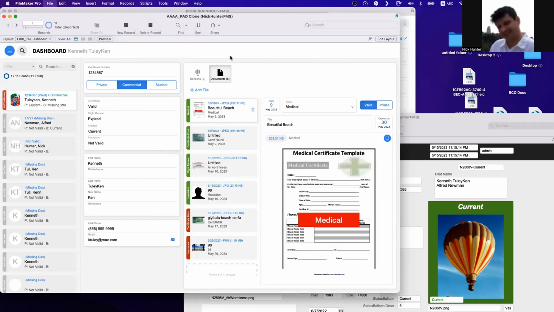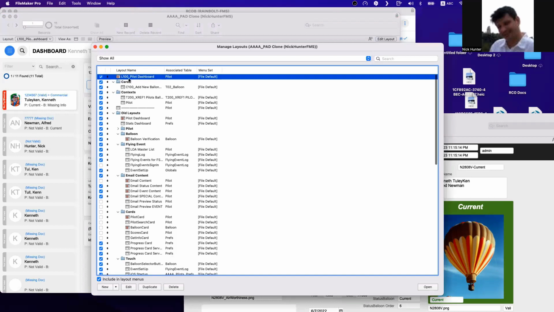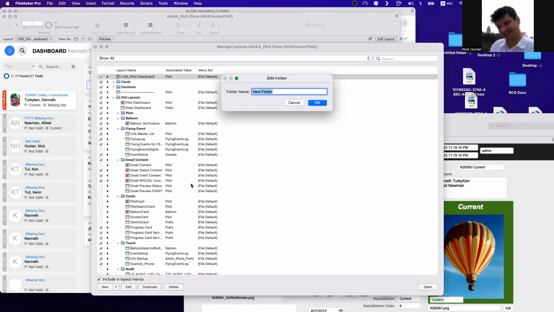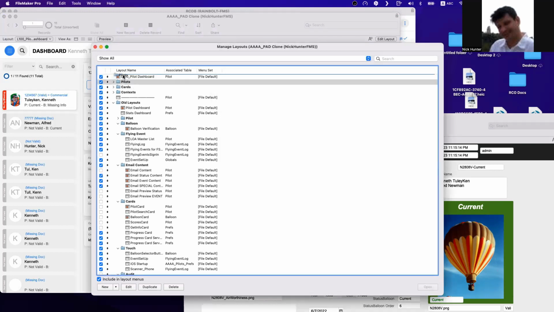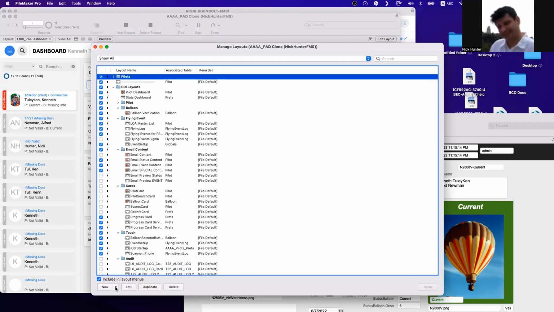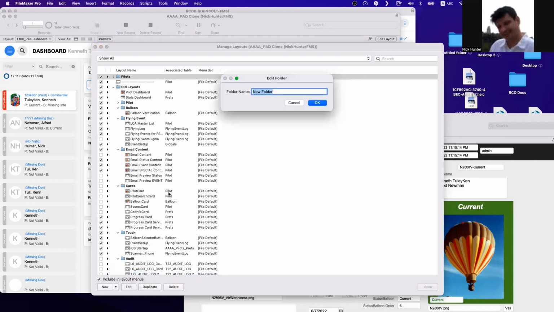Okay. So let's build this balloon stuff. So let's create a new folder here, and let's name it pilots. Okay. So this folder here, we're going to put everything about pilot inside this object, right? So we put that here, and we include all of those things into pilot. Boom. Now we're going to build a new folder, balloons,